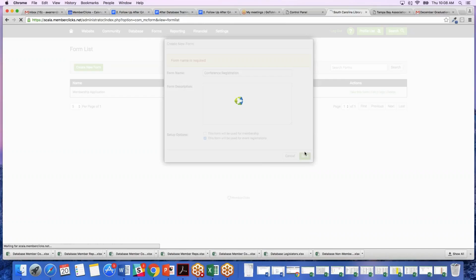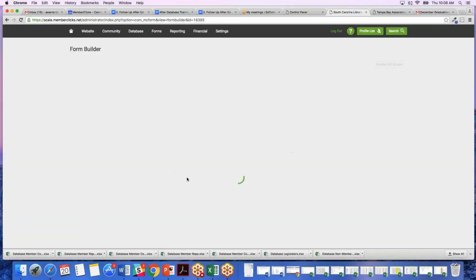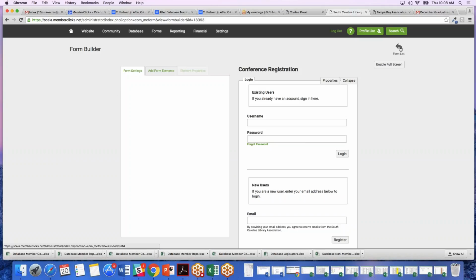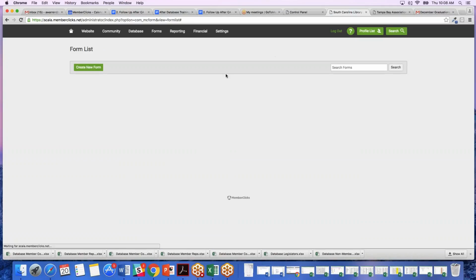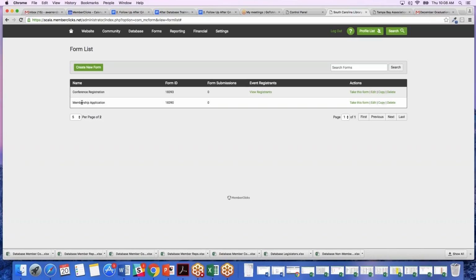Okay. It's going to take us directly to the form building area, but right now I'm just going to go back to that main list because we're not going to build this form quite yet. But you'll notice that that line item has popped up now underneath our form area. There are 4 different things that you can choose from for each form. So you can take this form, so that just gives you an idea of what it's going to look like